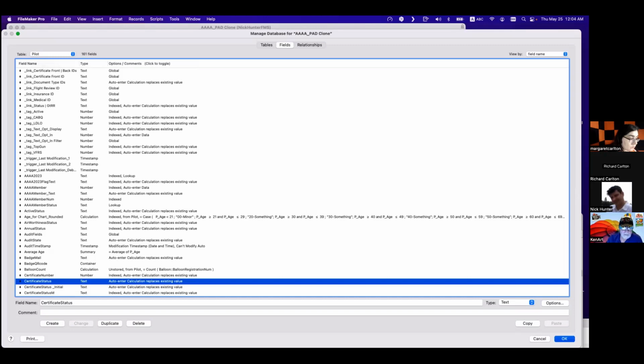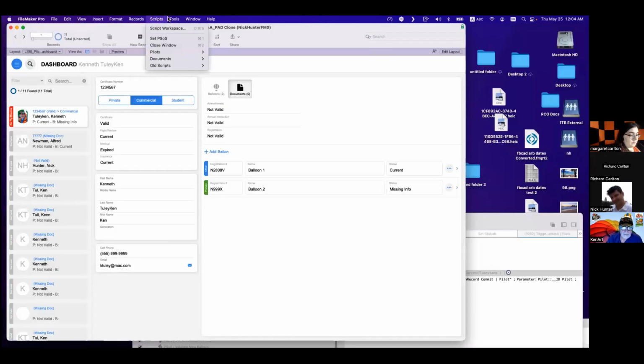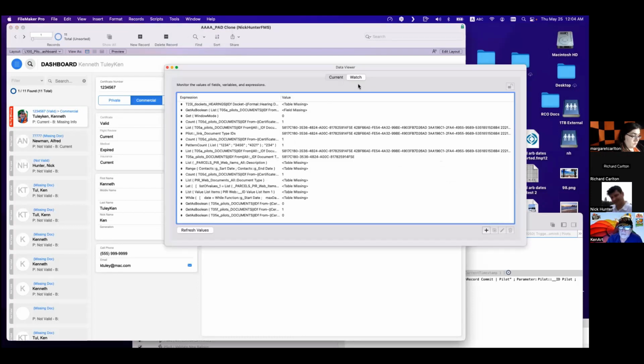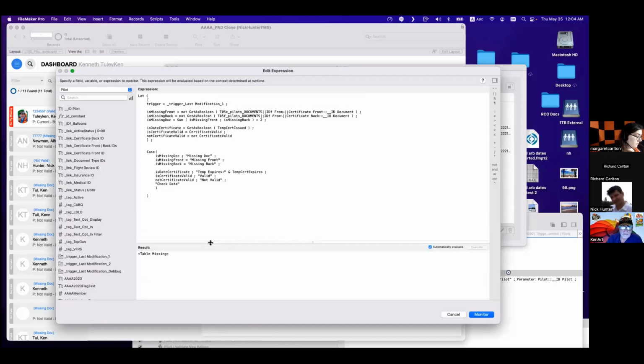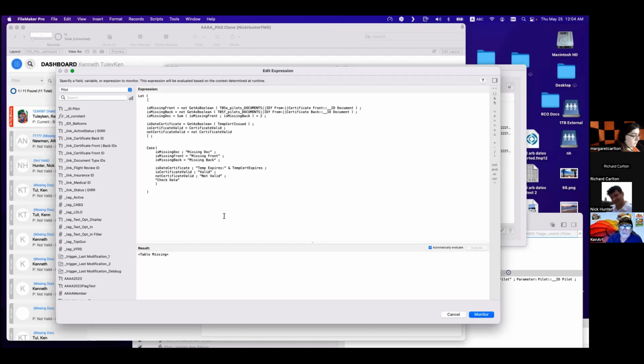The get as Boolean is perfect for the first two. And so how I debug something like that: I paste this, and then I need to fix it. I don't need that one. And I need to fix this. So pilot and pilots.